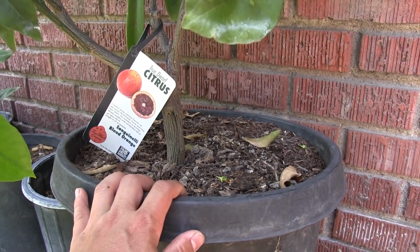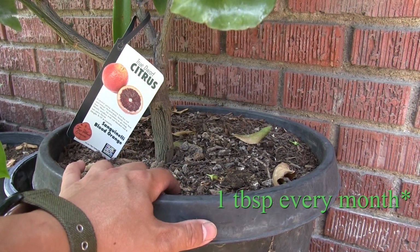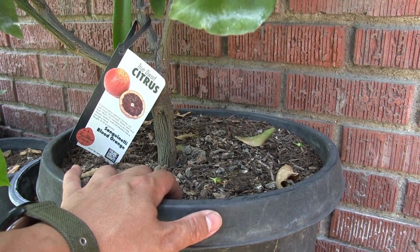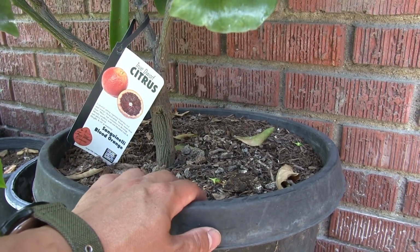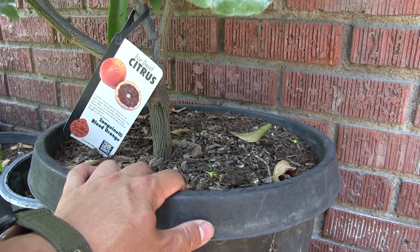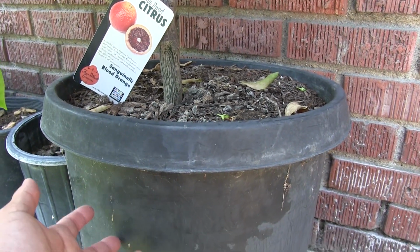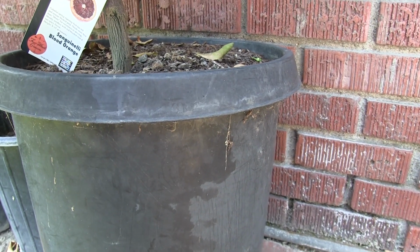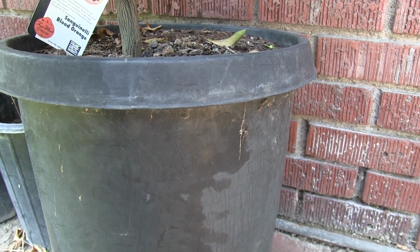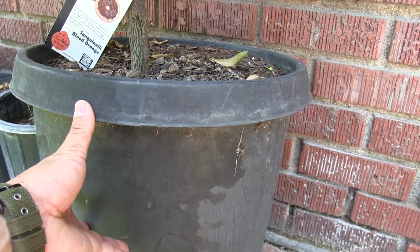I'll just touch on it real quick. This tree is given a tablespoon of citrus fertilizer, and I'm using something that's not certified organic. It works, and I'm happy with it. As far as the mix, it's got our native clay, and because we're in California, we can get away with this. If you're in an area that has a lot of rain, you're going to want drainage. But in California, we don't get a lot of rain, so I try to build this pot to resemble the